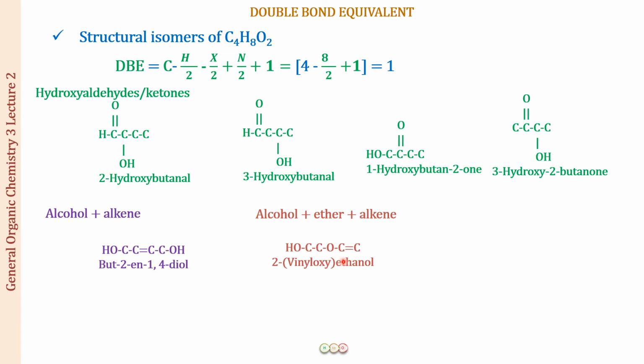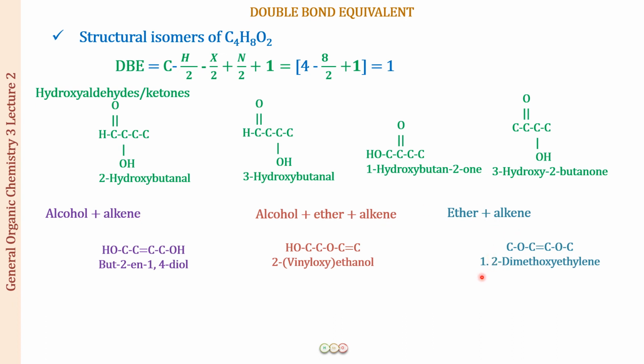Interesting name of the compound also. So you're learning the nomenclature along the way. All right. So now this was one possibility where we had an alcohol, an ether, and an alkene. So obviously, instead of this, I can have two ethers also. Yes, that is also one possibility. So ether and alkene to keep up the double bond, and the two ethers to keep up the two oxygens. So this is how I can draw this as well, right?